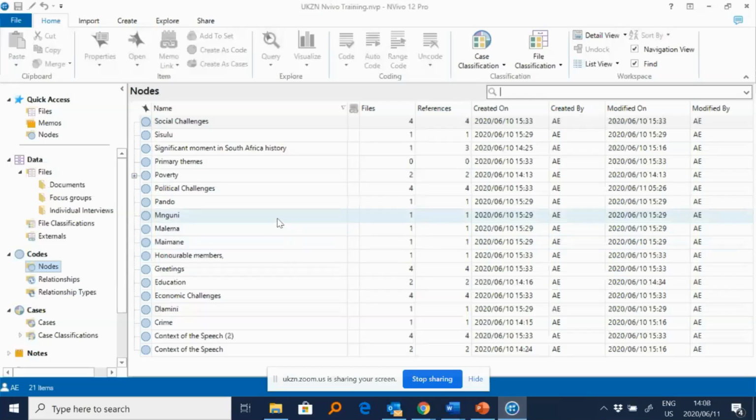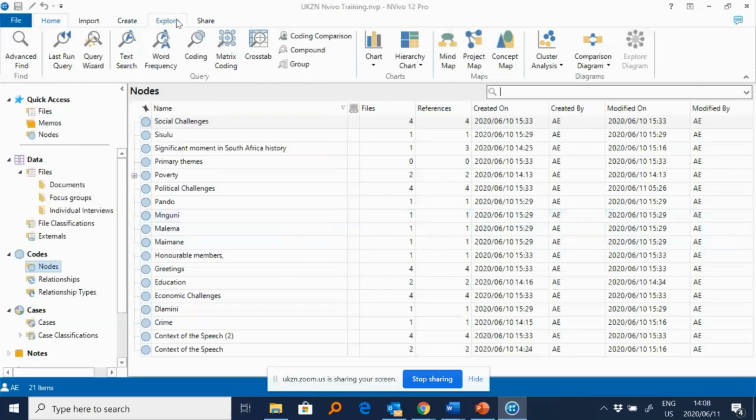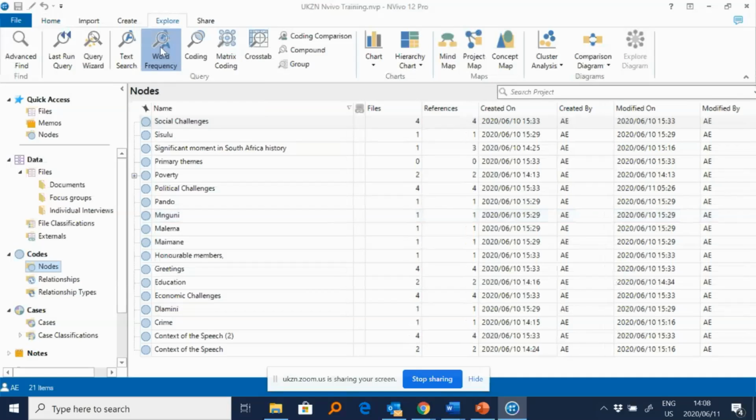And that could actually be the starting point. Before you do anything, it might be worthwhile to just check your data. What is your data saying? That might give you an insight into the key information in your data based on what people are saying. And from that, you can begin to think of how to code your data. So it's a very rudimentary way to explore your data, as I said. To do that, you go to this option here, and then you choose this tab that says word frequency.